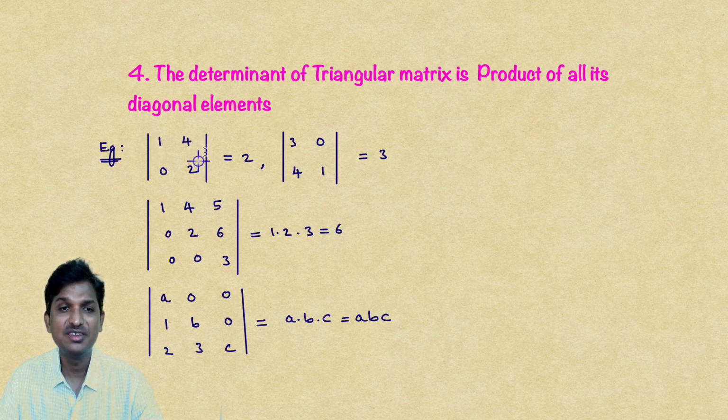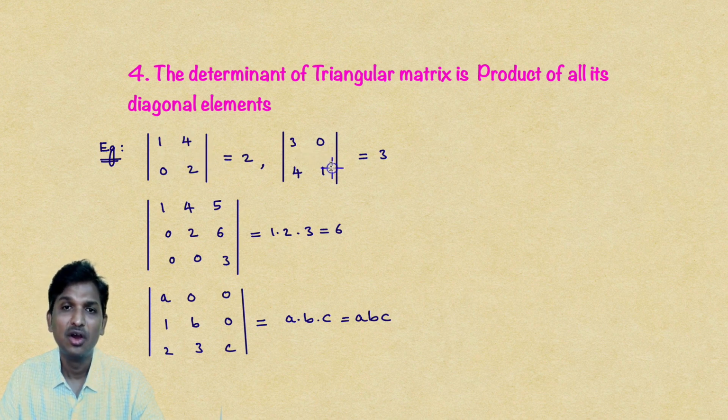You observe this is the determinant. This is the diagonal. All the elements below the diagonal are 0. Then this is known as an upper triangular matrix. A matrix which is either upper triangular or lower triangular is known as a triangular matrix. As it is a triangular matrix, this property tells that the determinant is the product of all its diagonal elements, 1 into 2. 1 into 2 is 2. Without expanding, directly we can say this answer.